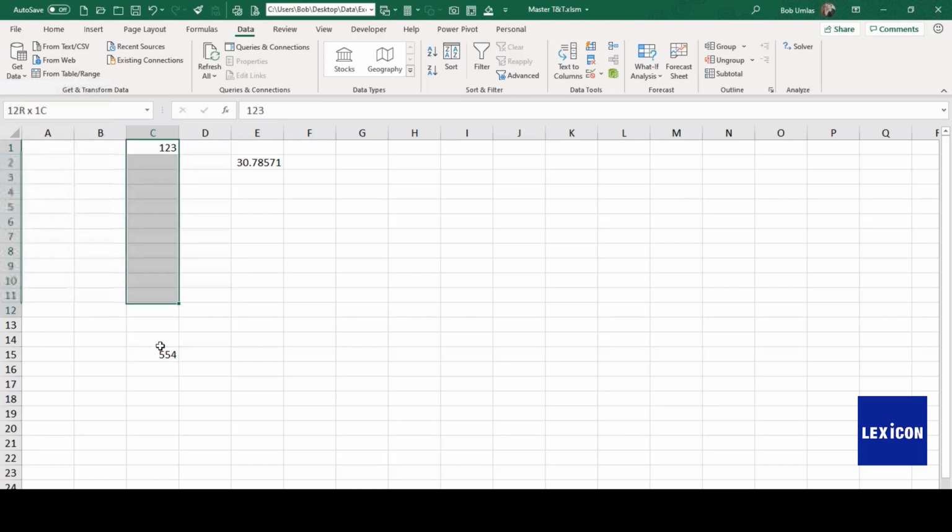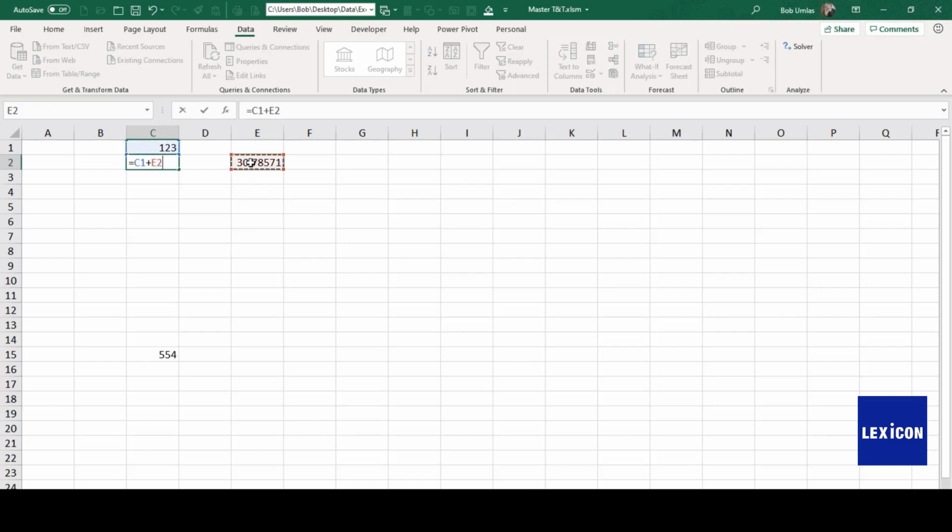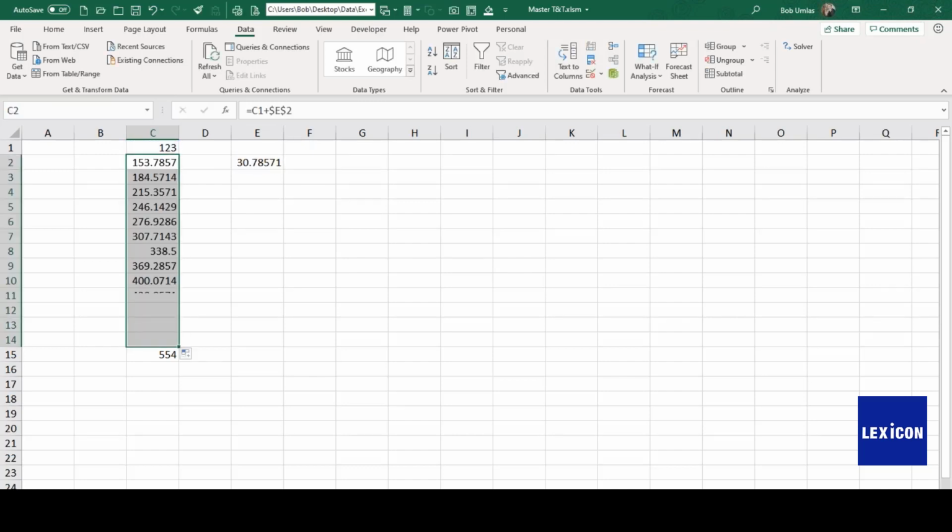So if I have these values and I want to distribute numbers in here so that each number is the same distance from the number above and end up at 554, you need to either do some sort of formula like this: C15, that's 554, minus C1, whatever that is, divided by the number of rows between them. And I get this. That is, if I do equals the cell above plus this as an absolute, E2, and I drag that all the way down to here, the next number, if I add it again, continue, I will get,